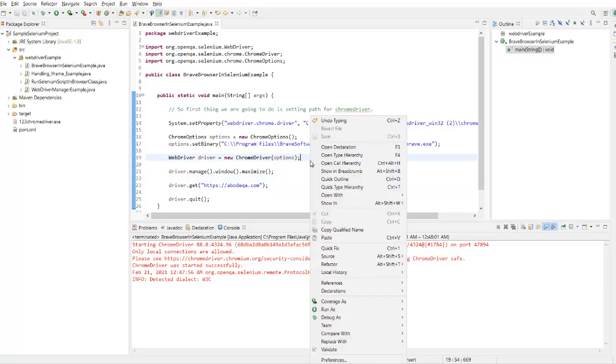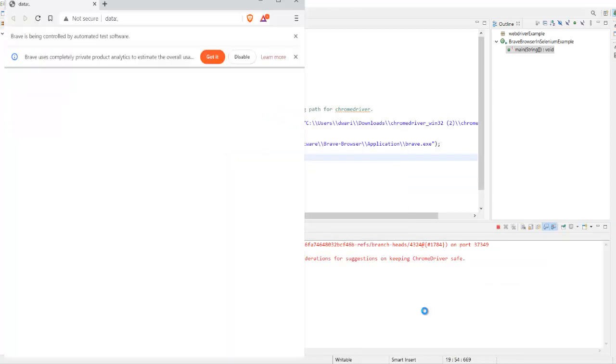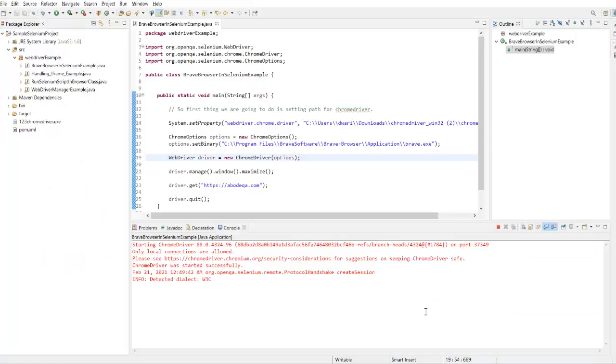So if we save it, we can see that the Brave browser is launched successfully. So these are two ways of adding ChromeDriver.